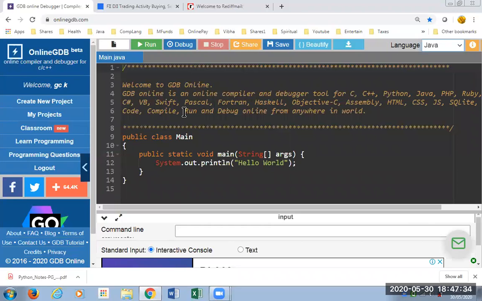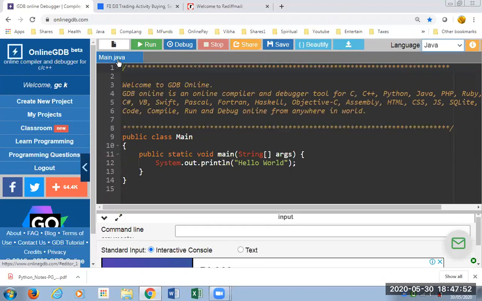Now, you don't go for the option new file. I repeat, don't select the option new file, and don't go for save. Don't do that. There are limitations in that regard. You can do all that in a paid version when you pay for it, but there's no need for you to pay for it.